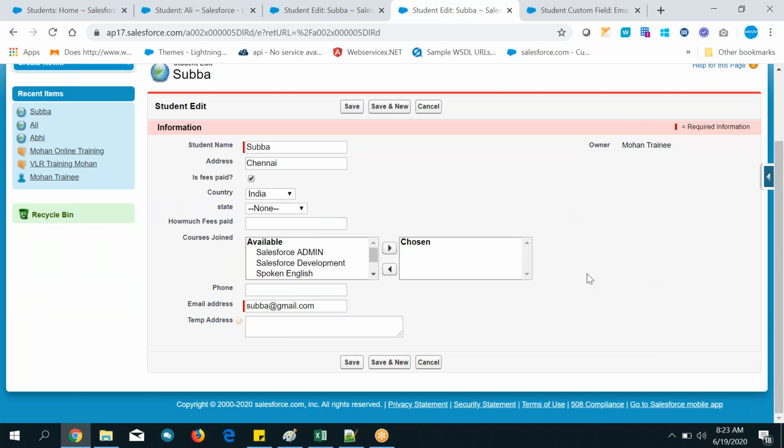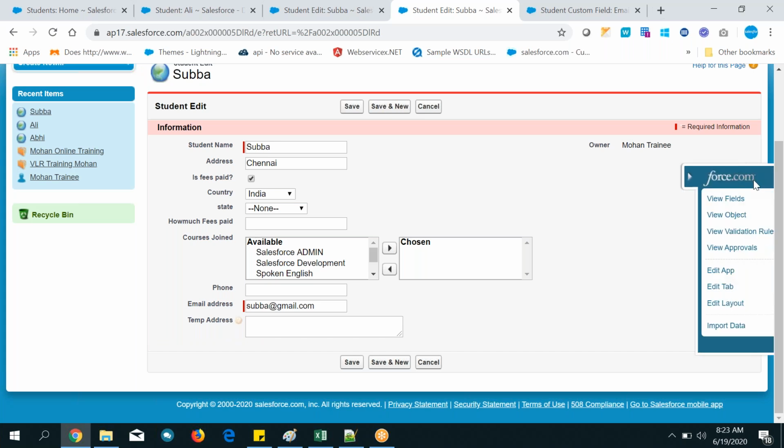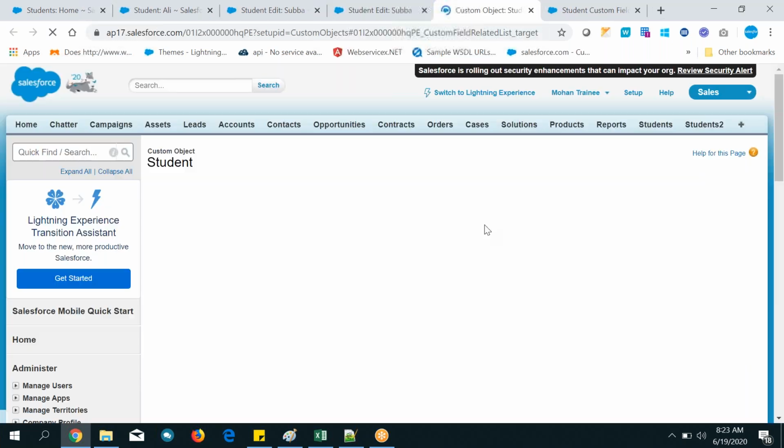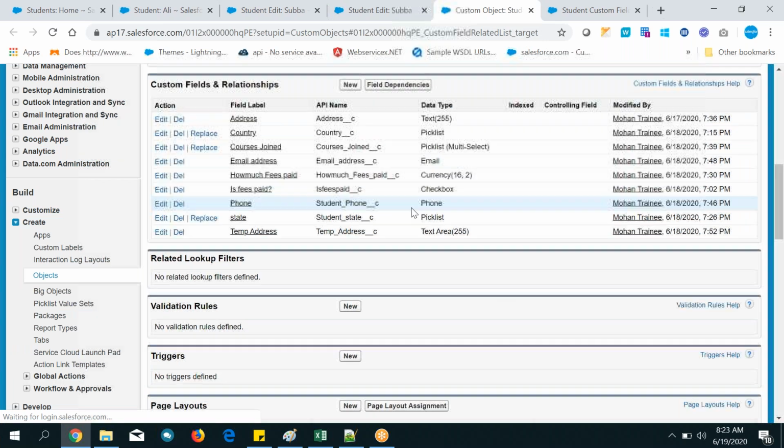Sometimes institute people don't know what address we want to fill, what student's address we need to fill. If institute persons get confused, right? So in that situation they can go with this question mark symbol. For all other fields there is no question mark like that, only for this field the question mark is there, because see here, what is there? Please enter student's temporary address. Can you see? So from where is it coming? From where I have entered in the help text for that field.